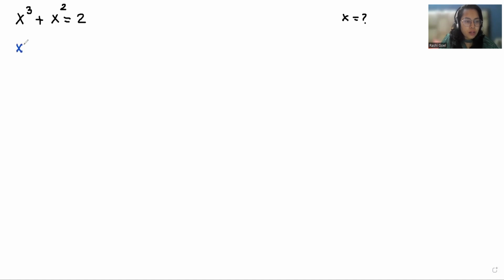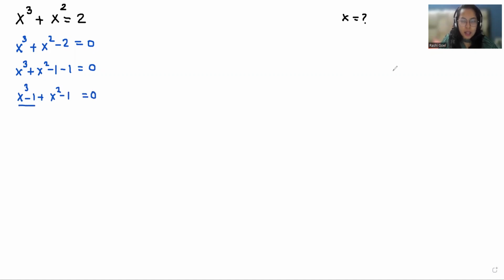So first I'm taking all the terms together. So I'll take plus 2 to the other side. It becomes x cube plus x square minus 2 is equal to 0. Now this minus 2 I can write as minus 1 minus 1 is equal to 0. So if I pair up, x cube minus 1 plus x square minus 1 is equal to 0. Now here we can use the very famous identity, that is a cube minus b cube is equal to